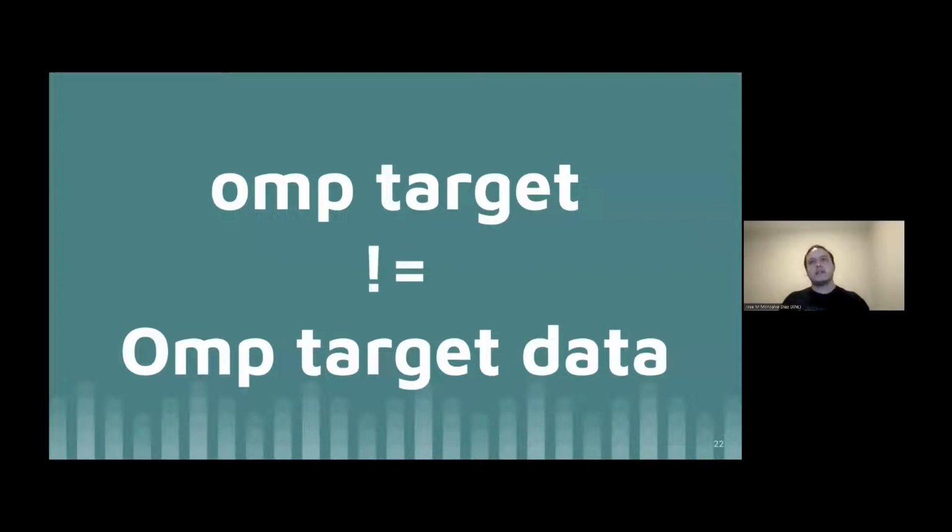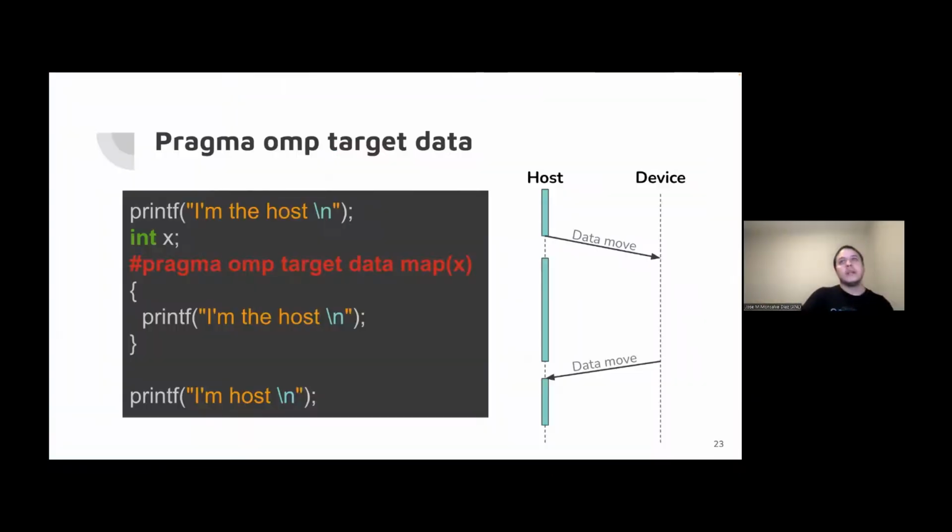OMP target executes code in the device, while OMP target data only does the data region and only starts at the beginning of the OMP target data, I copy data or allocate data. At the end of the OMP target data, I copy data back to the host, or I deallocate data. Okay, so in this case, if I say